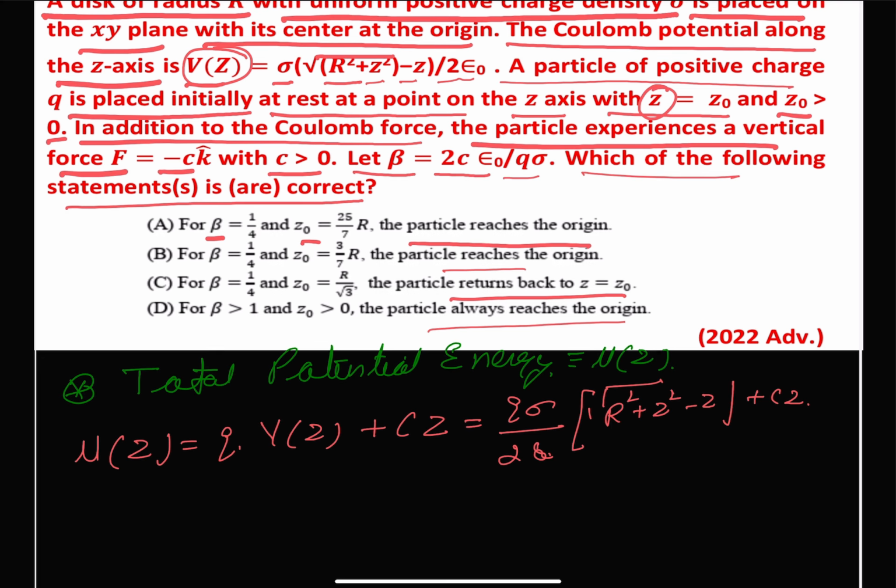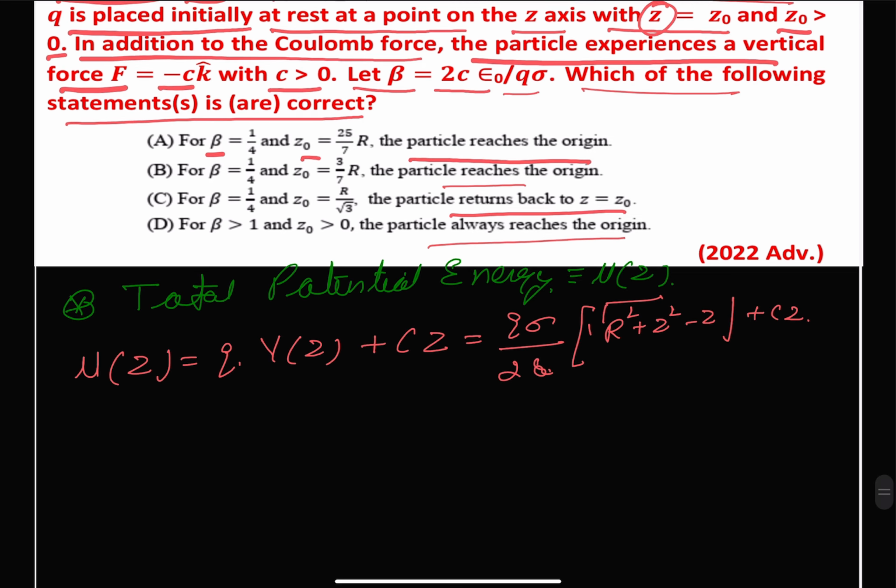Beta is given to us, and if you open the bracket we get this as q sigma divided by 2 epsilon naught, and this will be the square root of our R square plus z square minus